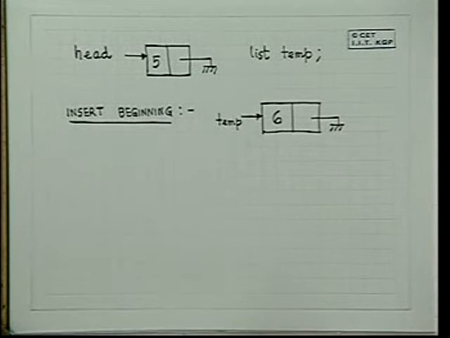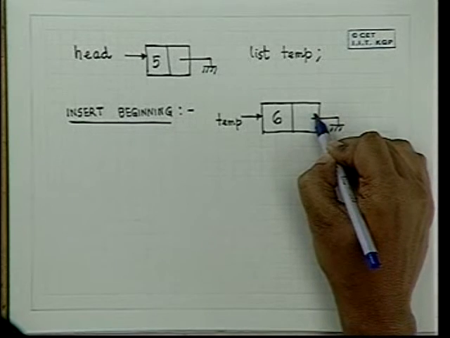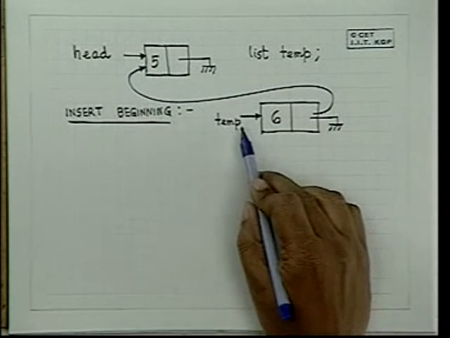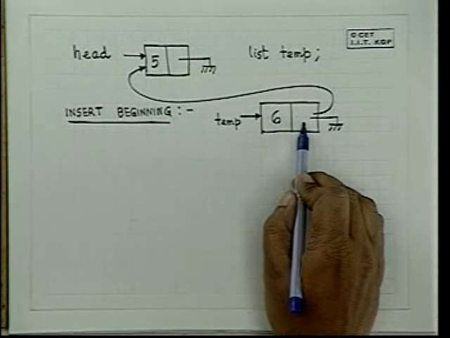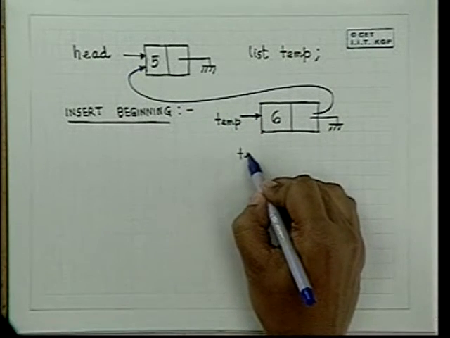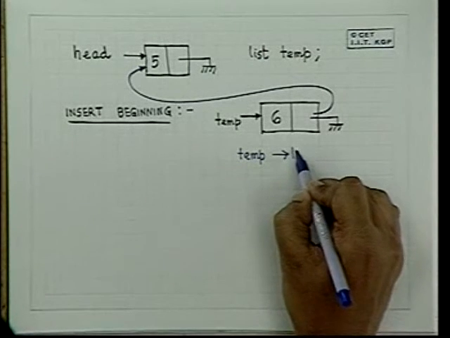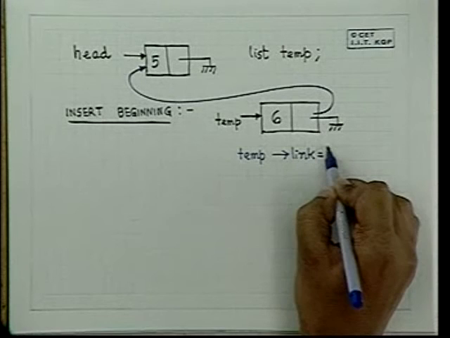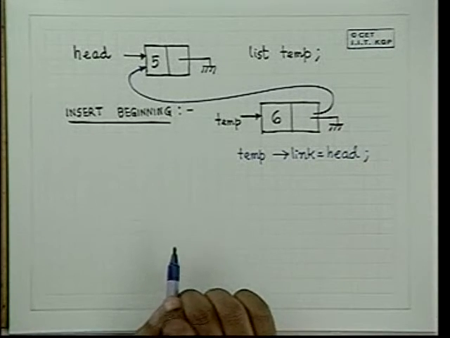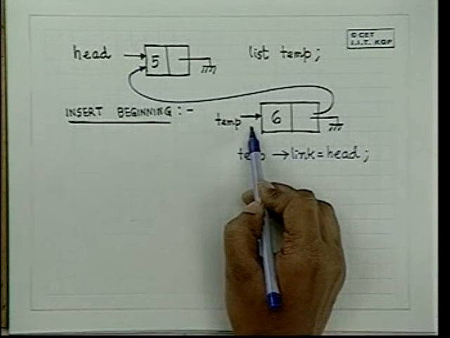If we want to insert it in the beginning, then this link will be put here, which means temp pointer dot link is equal to head, and the next head will be moved here,